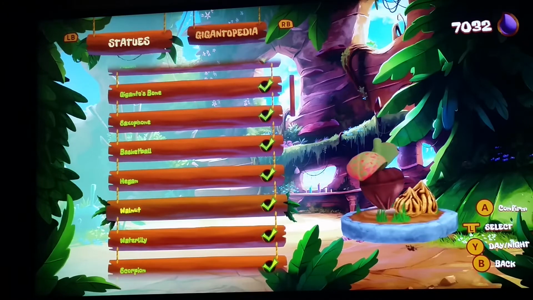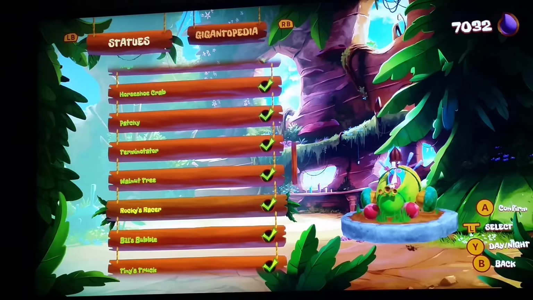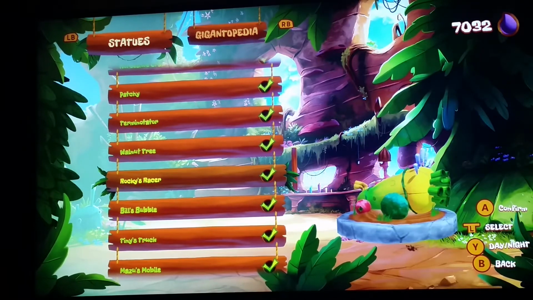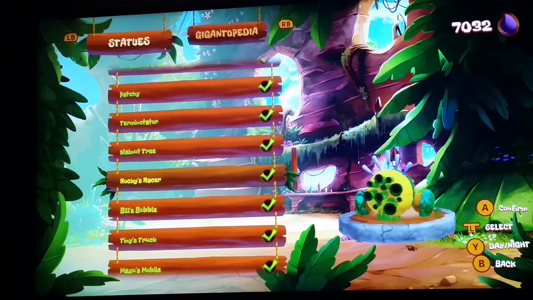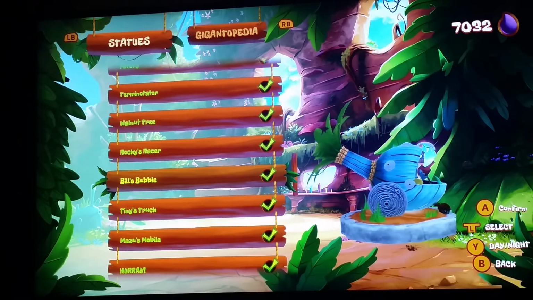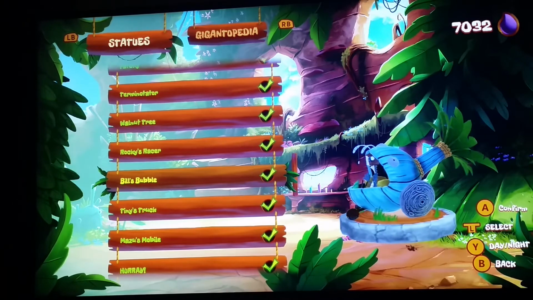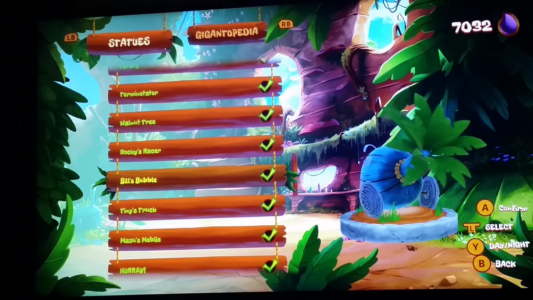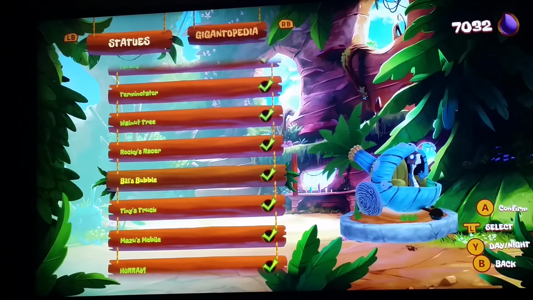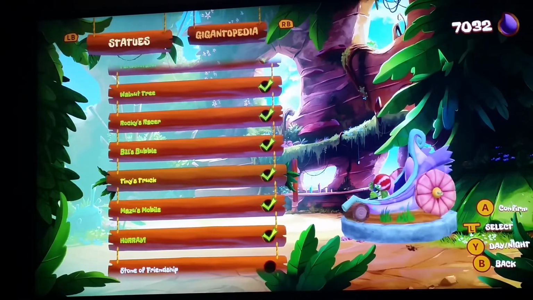Oh, and here's what I discovered. The statues of Rocky's Racer, Bill's Bubble, Tiny's Truck, and Mazu's Mobile are only earned when you finish first place from the savannah to the jungle. And then when you win first place, to unlock Bill's Bubble, you have to win first place from racing from the beginning of the jungle to the desert, and then the desert